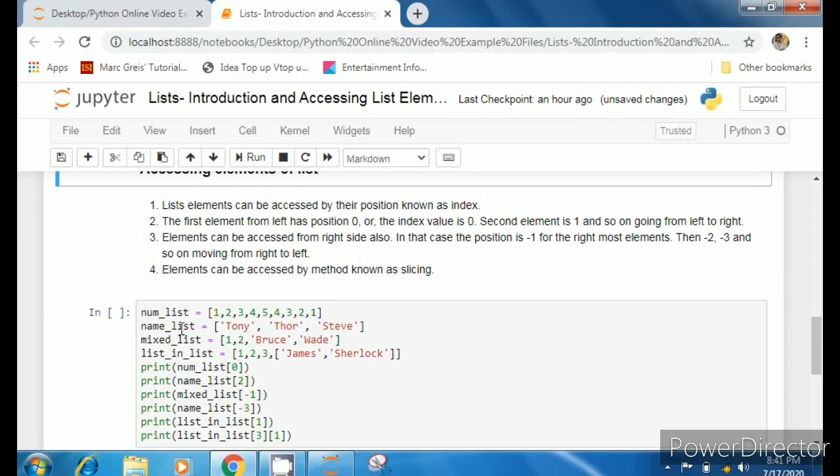Now this 0 is not a number, it is the position value. Similarly, if you want to access the last element, that will be -1. Like here, -1 is the last element. And going from right to left, -1, -2, -3, successively you have to read like this.